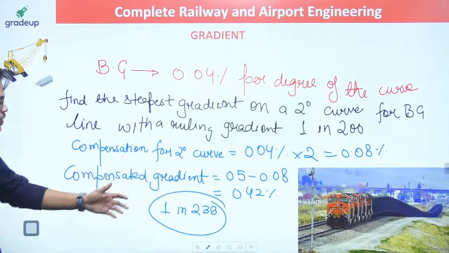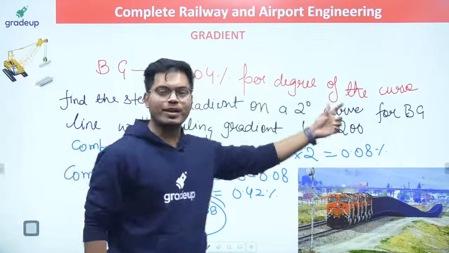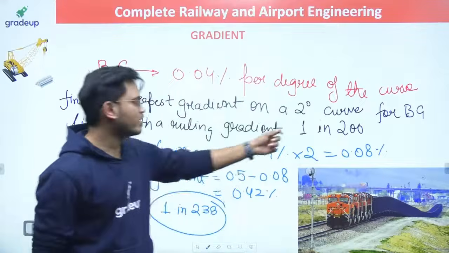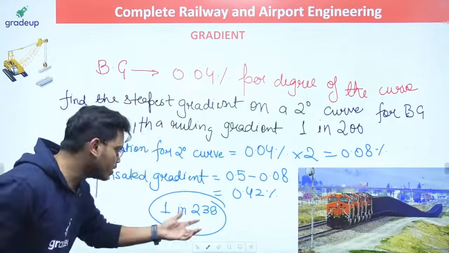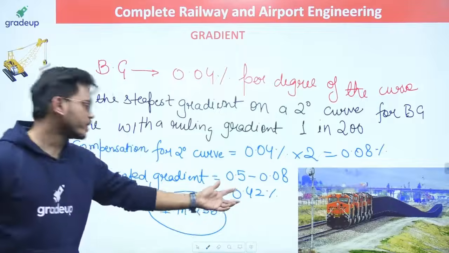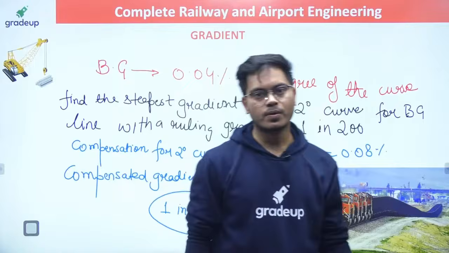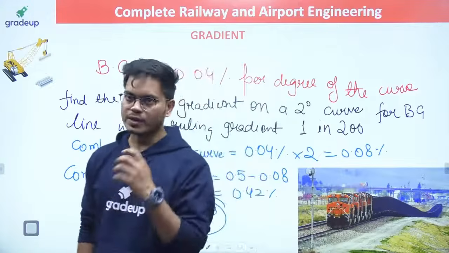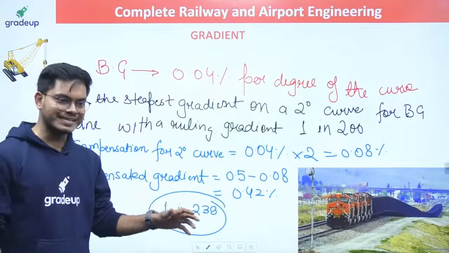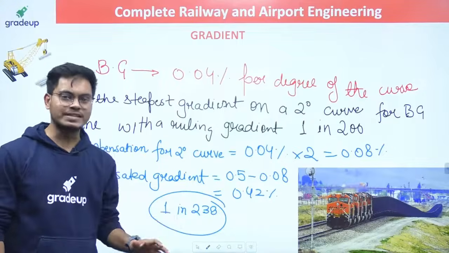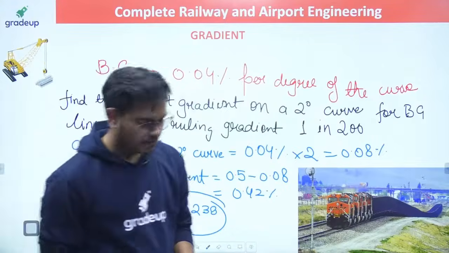Arey sir, the way how we have got this 0.5 from 1 by 200, same thing. If you have got this 0.5 from 1 by 200, then why can't you get this from 0.42? How hard it is? Come on, guys. You have to just do few things by yourselves. Okay, don't worry. Things are easy. They are not tough. We are the ones who try to make them complicated.